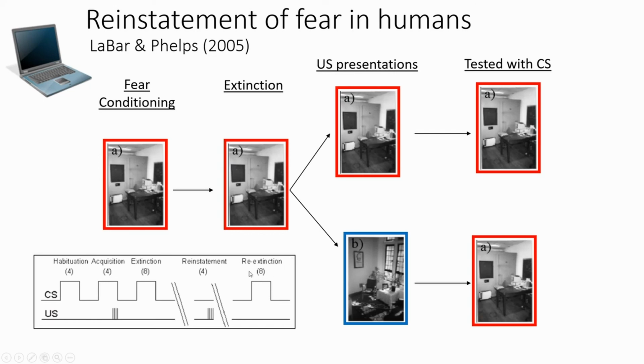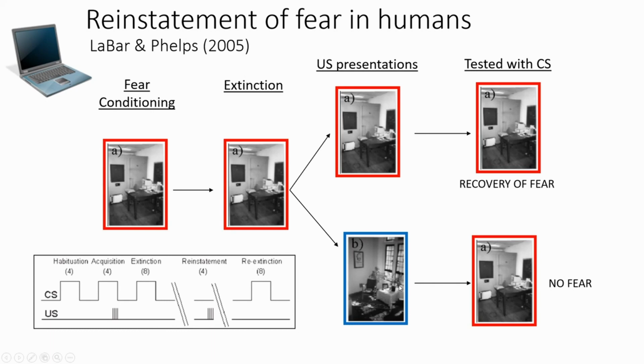So it's like, okay, what would we expect here? Let's look at the group on the bottom. This group on the bottom went through extinction in the context where they had originally been. Then they went somewhere else and heard that scary sound somewhere else, and then returned to a room that they had been taught was safe. They didn't show any fear response. Their skin conductivity didn't rise because they had learned that this room was safe,